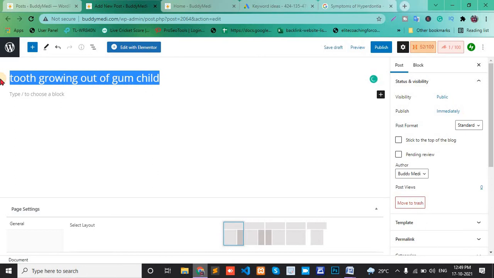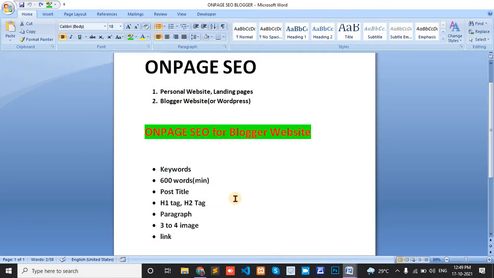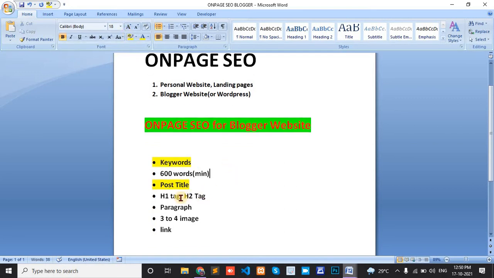This is the H1 tag. First, complete keyword and complete post title. Post title and keyword are covered, and the H1 tag will be covered here. The post title is the H1 tag.